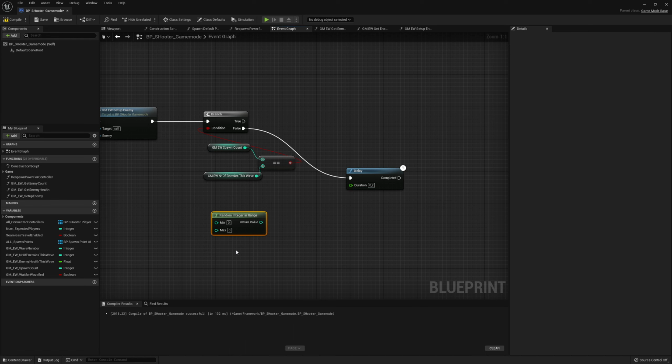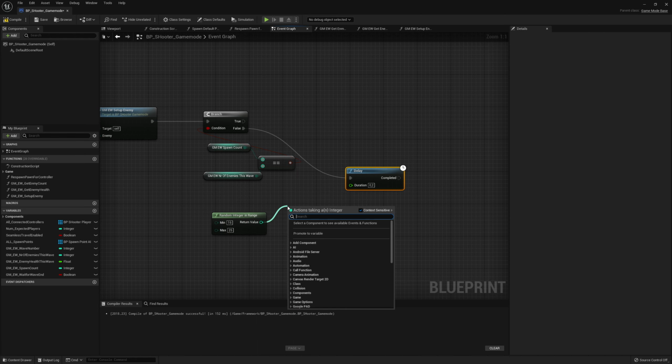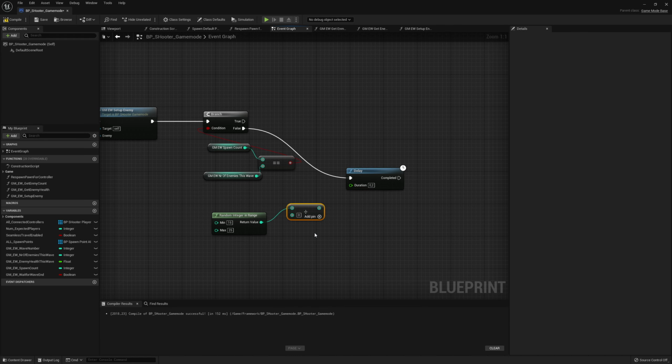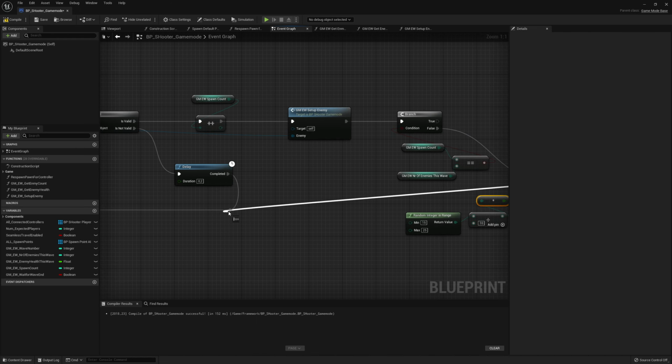So I'm going to use a random integer from 15 to 25, and then I'm going to divide it by 10. That way the variation is a little bit bigger. If I would pick a random float from 1.5 to 2.5, I could get endless more variations. So in this case, we're going to make sure that we have a little bigger steps in between our actual random number, if that makes any sense. So we're going to plug it in over here, and then we can simply loop back to the beginning. So we're going to spawn another enemy again,